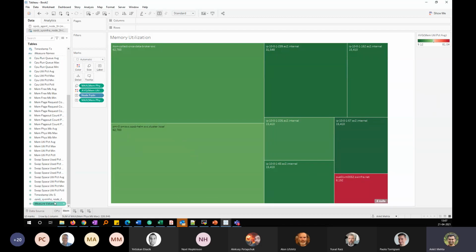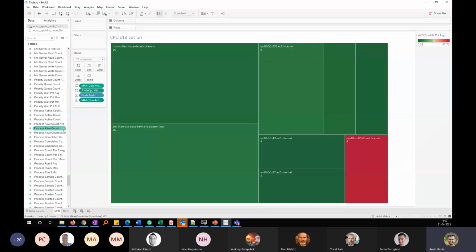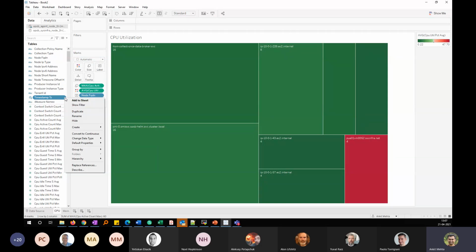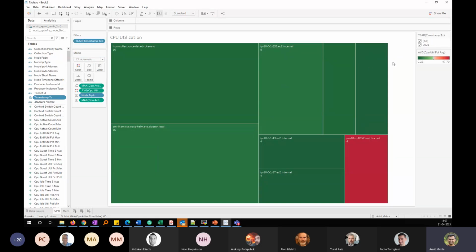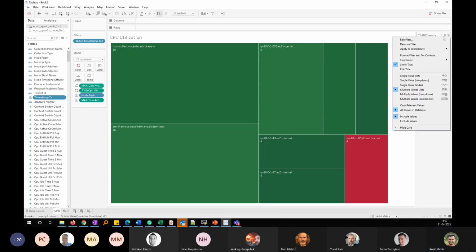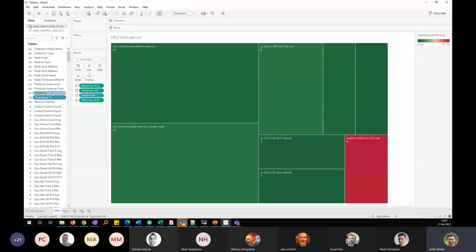Okay, so I have that, and I of course want to include my time filter. Here we have the timestamp utilization, which I want to include in the filter, right? So I'll say show filter. So I have my filter here, and in fact I don't want the time filter at the year level, so I'm going to remove the filter,